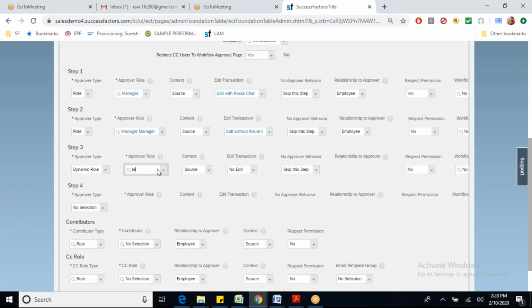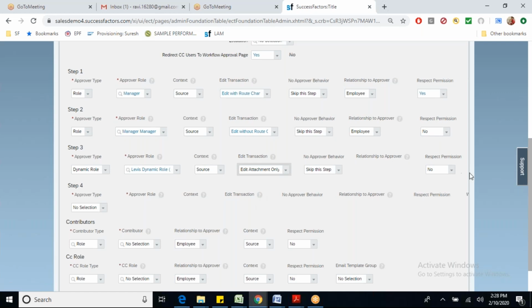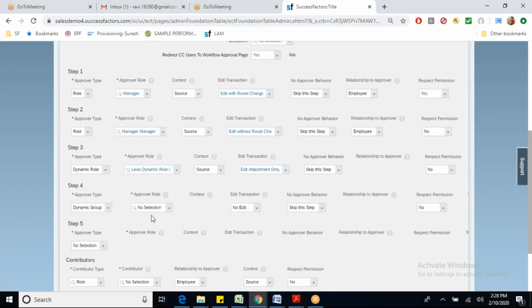Watch dynamic role. I have created a Levis dynamic role. Okay, source, edit attachment only. This is fine. Now, 4th step, dynamic group. Levis dynamic group.